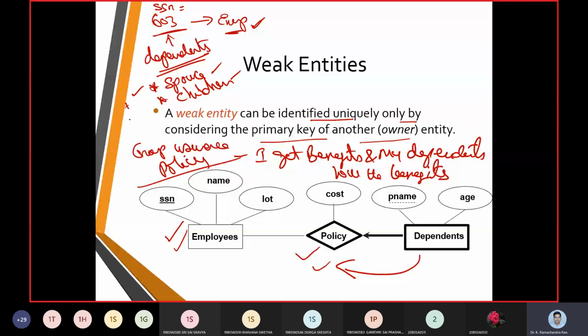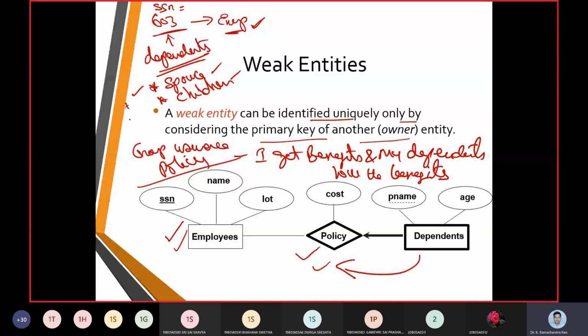Therefore, if I get group insurance policy benefits, they will also get the benefits of the group insurance, which we are going to show in darker boxes and darker arrow marks.